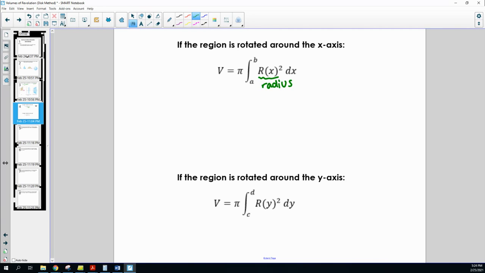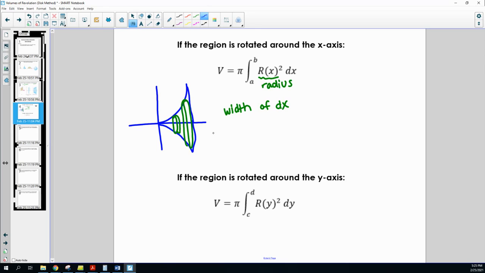Okay, so if I were to have a graph, I'm just going to make this up. So let's say my graph looks like this. If I wanted to bound it, I'm just going to bound it here. So there we go. So this part of the graph, if I rotate it around the x-axis, it's basically going to look like that. And then each of my cross sections is going to be a circle. That looks really terrible, so I apologize. And that's going to be a circle. I'm trying to make like a three-dimensional circle. And each of these circles, in this case, will have a width of dx, since we're rotating it around the